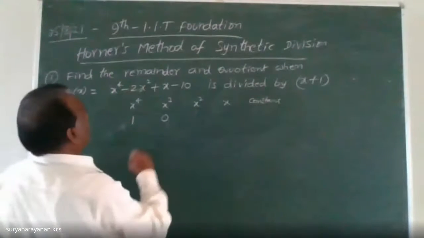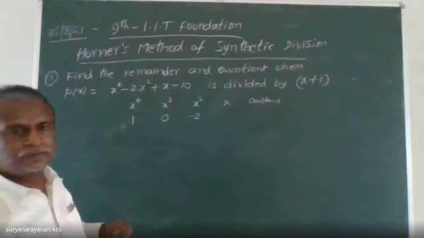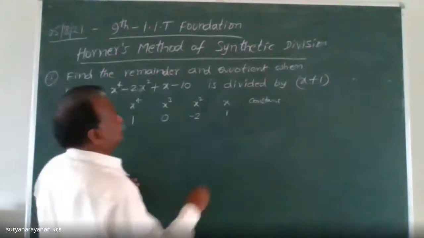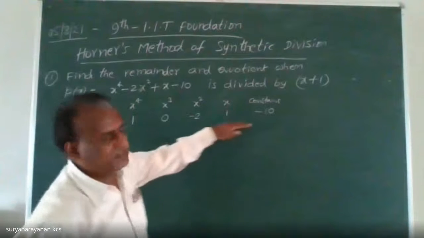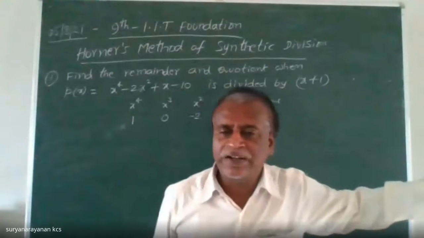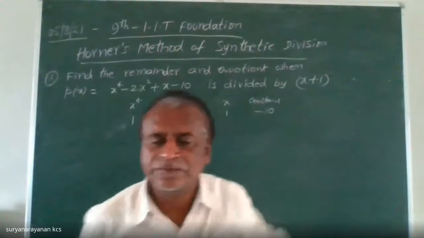What is the x square coefficient? So -2. What is the x coefficient? So 1. What is the constant? So -10. So this is the first step. In the horizontal line, in the first horizontal line,